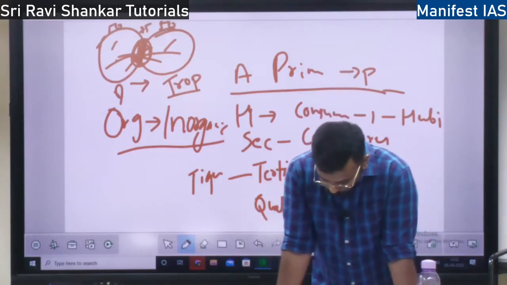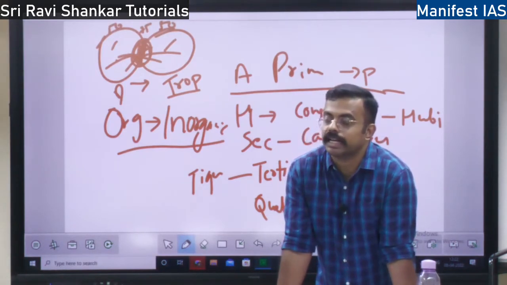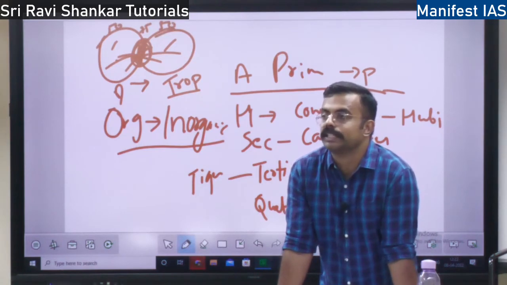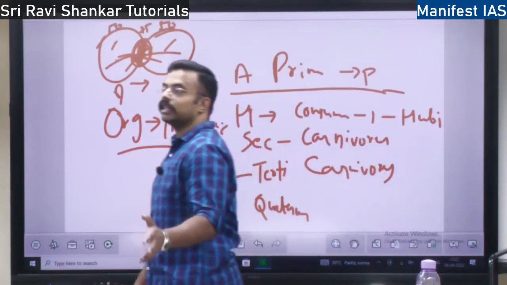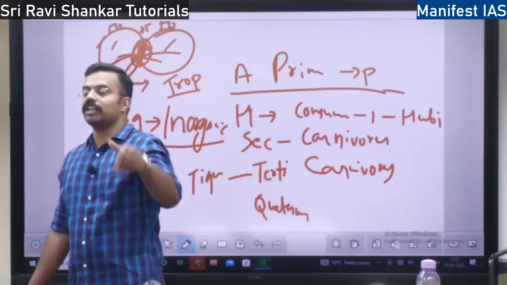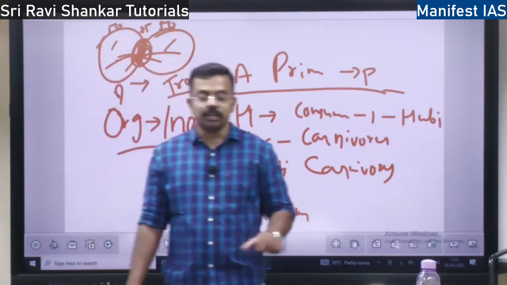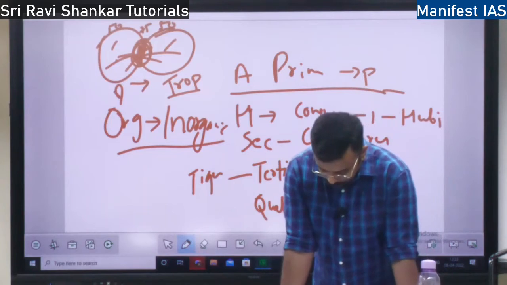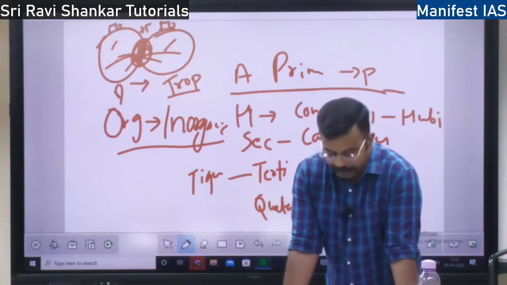So, functional role played by a species in an ecosystem. Andre, let's say there is a tiger. So what is the role played by the tiger in an ecosystem? It maintains all other species. Let's say if there is no tiger, what happens? Number of deer will increase, right? And there will be shortage of grass. So tiger will balance the number of deer, right? So that is the functional role played by the species in an ecosystem. That is a tiger.